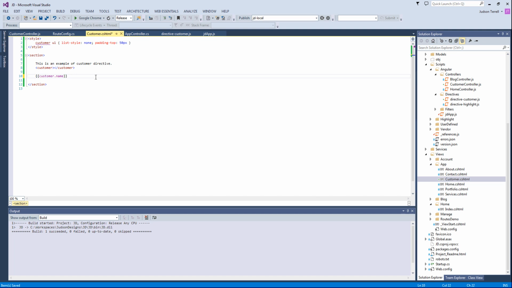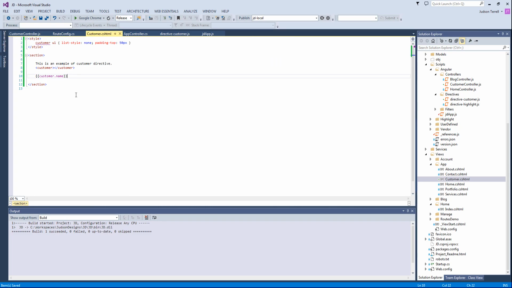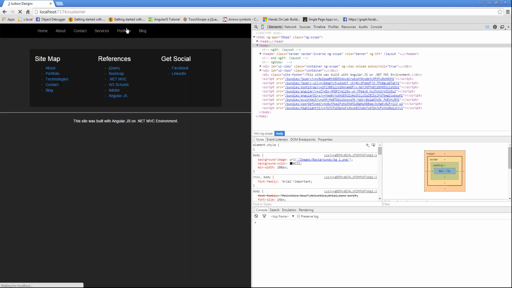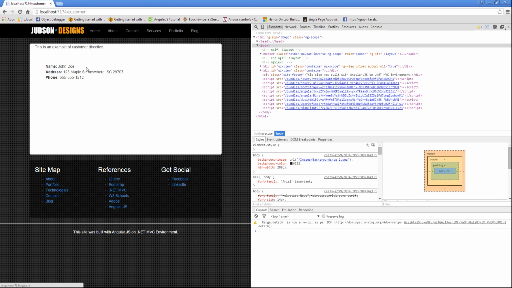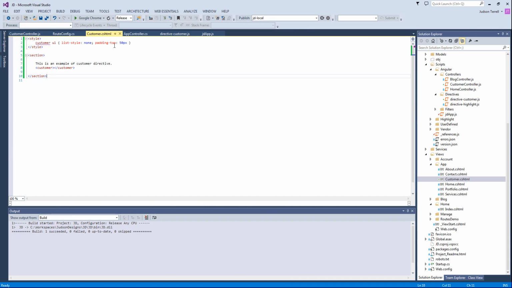Excuse me, the syntax is off there. So if I go out here, it's just as easy for me to take this little line of code right here and put it out wherever I need it. It just baffles me why people would want to go to all the trouble to create a directive to output a customer name. Where I think directives are important is when you are having to output a lot of information about a customer, for example in this case, or whatever the case may be, and you have basically one template that you can